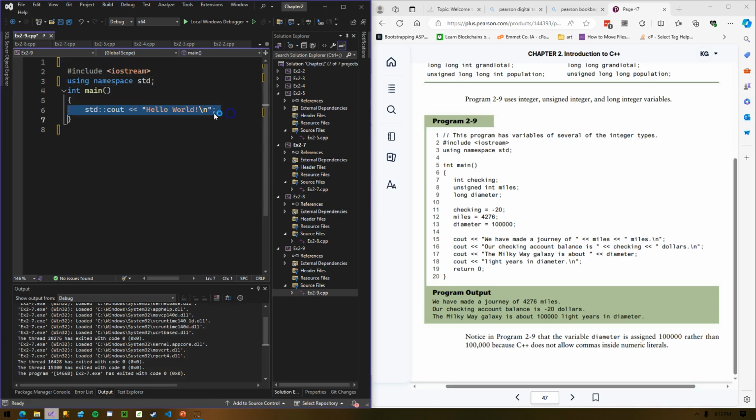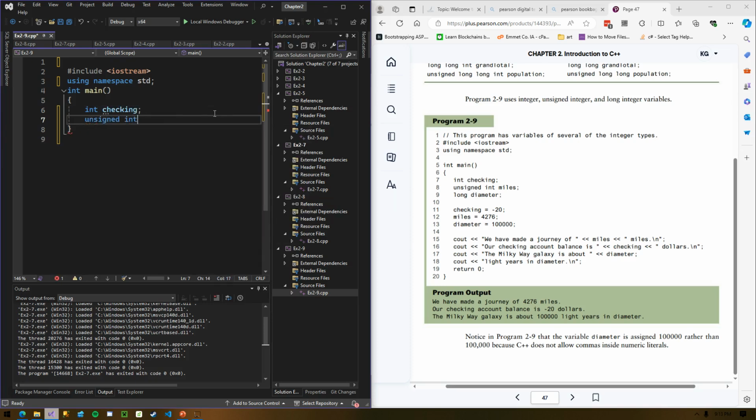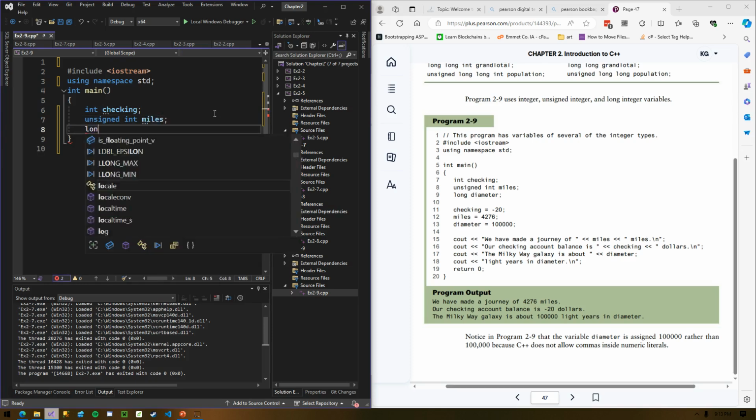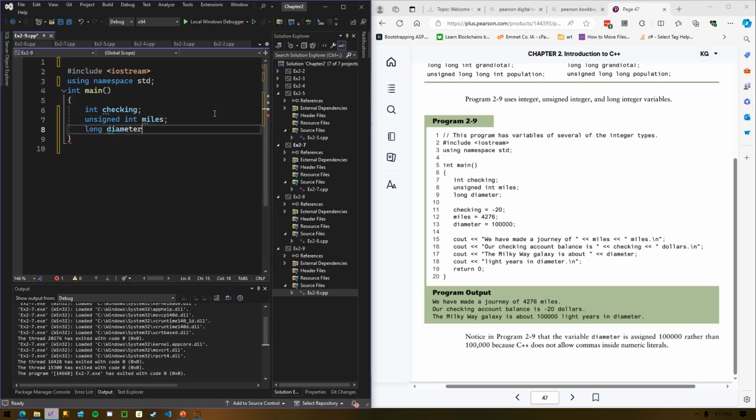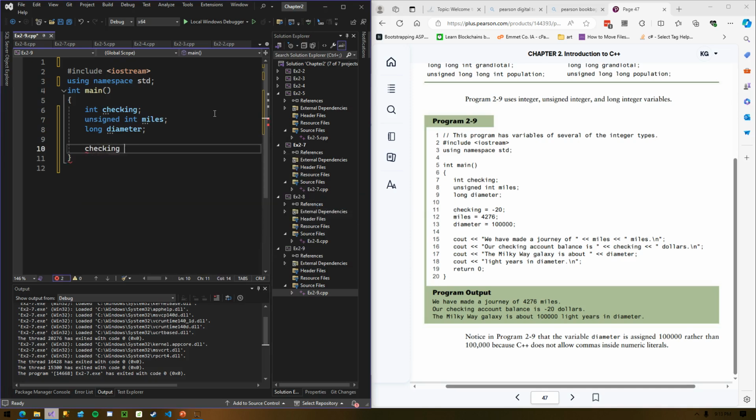All right, get some practice here with some different data types. So int checking, unsigned int miles, long diameter. Checking equals -20. Because it's a regular int, that means it's signed, so it can be positive or negative.